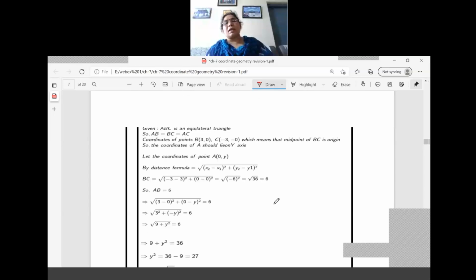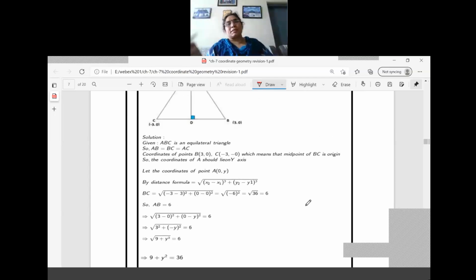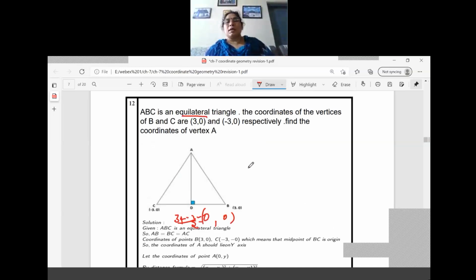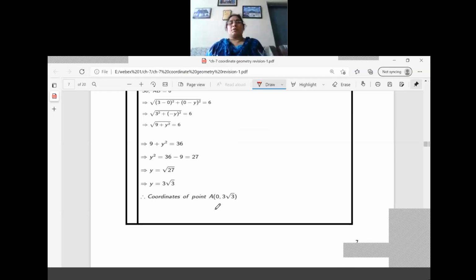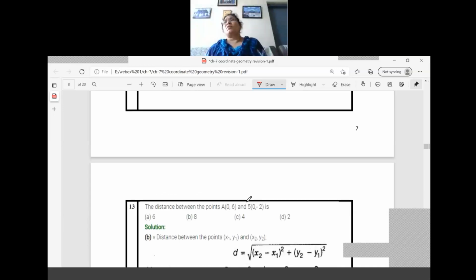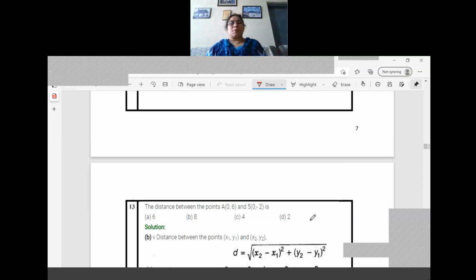So here what happens, midpoint section formula, which we are learning in the second part. Using the midpoint section formula, the coordinate we get is 0 plus 0, so you can take D as the origin only. So understood, that is why here they have taken one coordinate as 0 also. So now the question is, what is the y value? 0 comma 3 root 3. So a vertical distance is there, so we get 3 root 3. So you go for the videos, each and every point we have explained there.